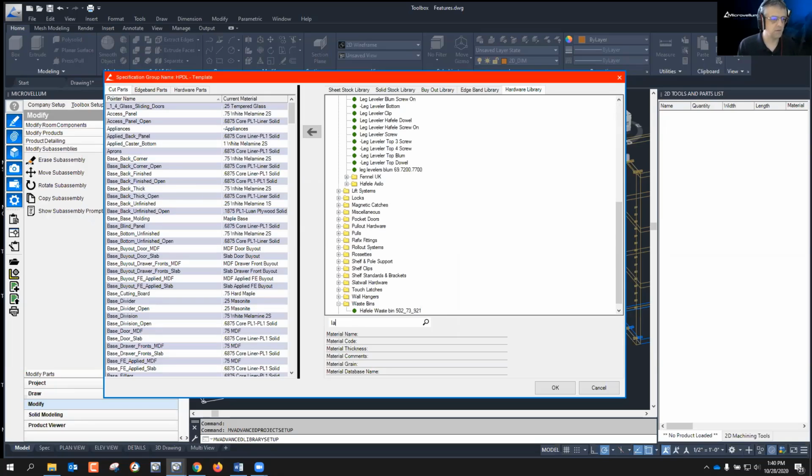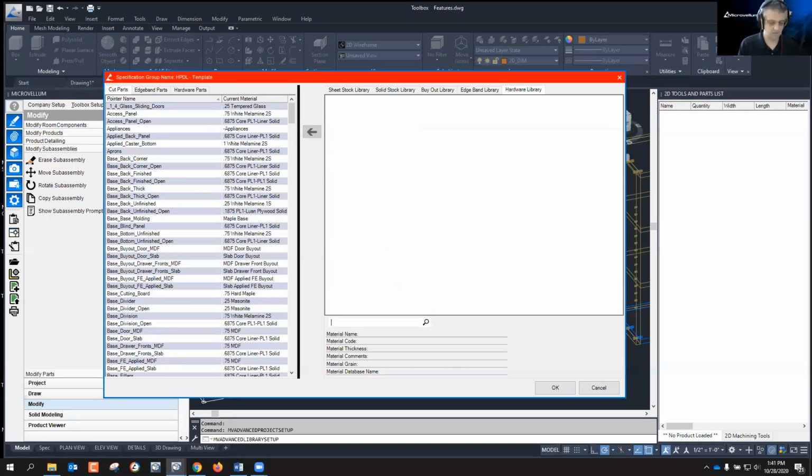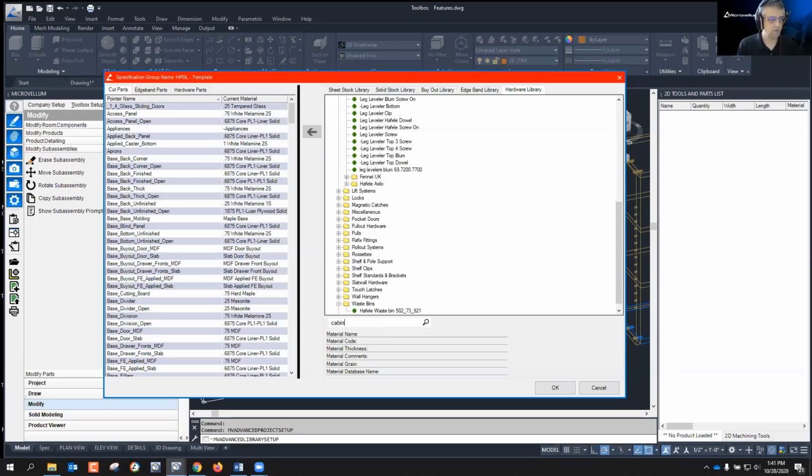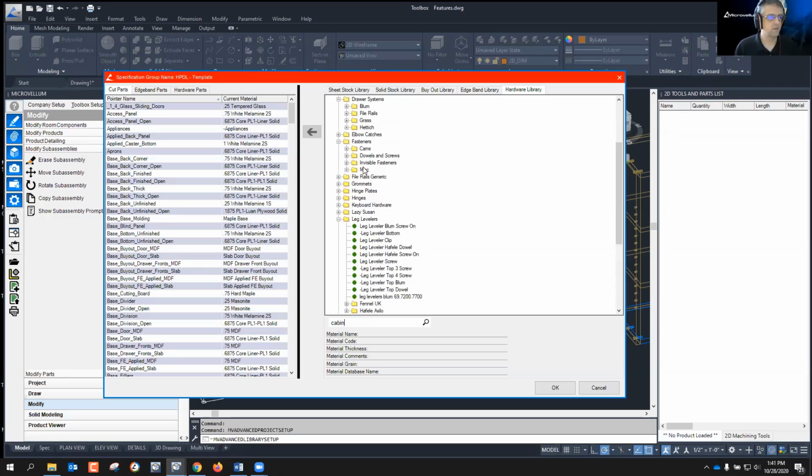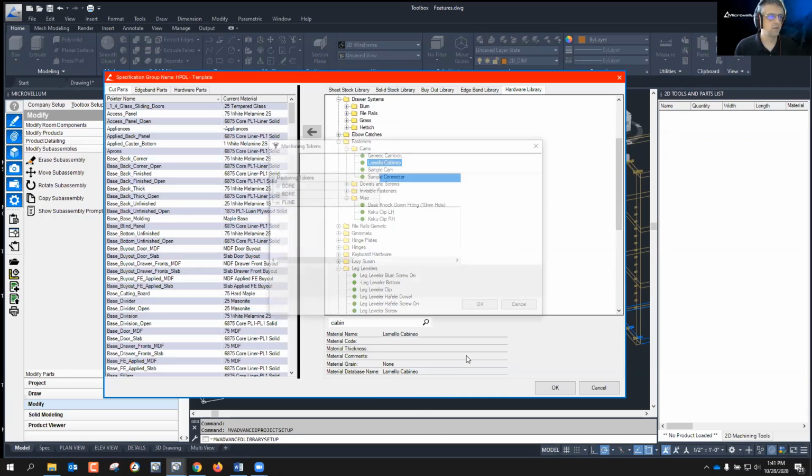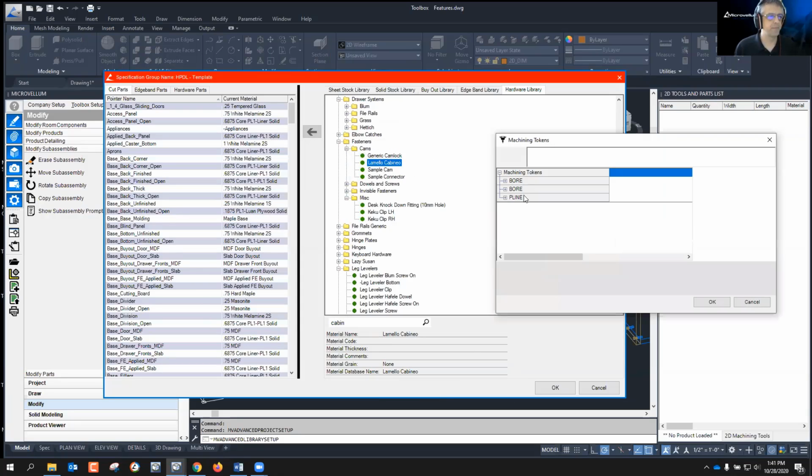Yeah, there's a search, huh? It's a Cabino. Sorry, there it is. So this Lamello Cabino has 3